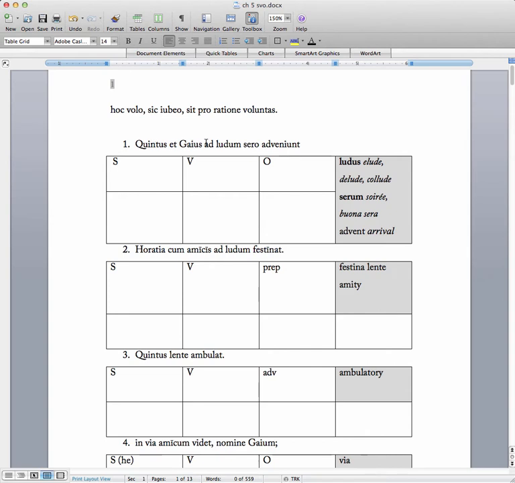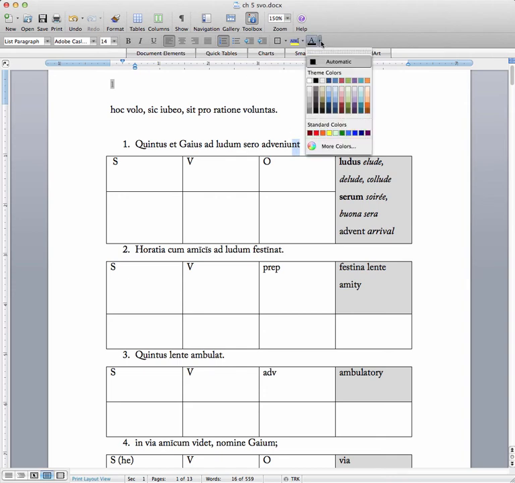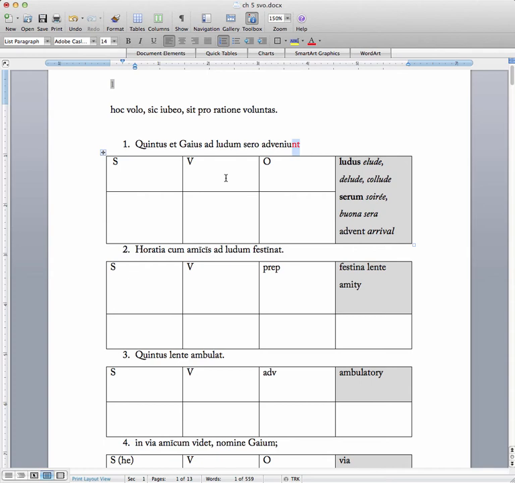So in the first section, we have Quintus et Gaius ad ludum sero adveniunt. So the verb, as you know, ends in T. NT shows that it's plural. So that will go in the middle column, the one that I've marked with a V for verb. So just to review, this is how I want you to do it. Adveniunt,